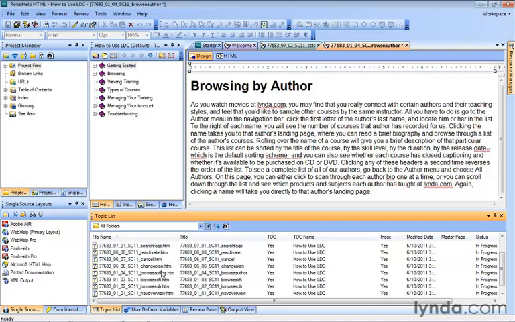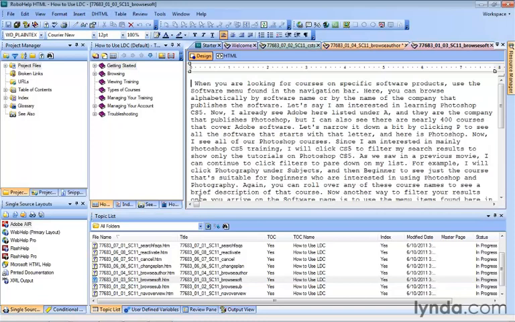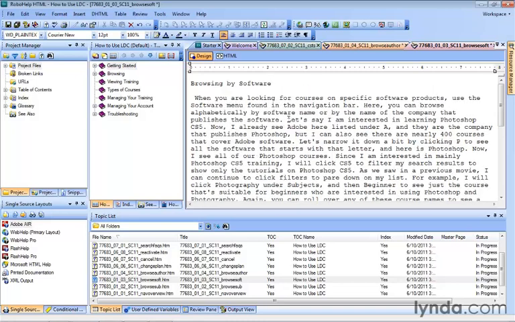We'll go down a little further to Browse Soft. We'll double click that one, and notice when we open it up, it doesn't even have a title. So we'll type in the title, which is going to be Browsing by Software. And we'll hit enter a couple of times because we want that extra space, at least initially, so that RoboHelp knows where the actual heading is going to go and the rest of our content. It looks like we have an extra space at the beginning of the paragraph too. We can hit the delete key to take that out.